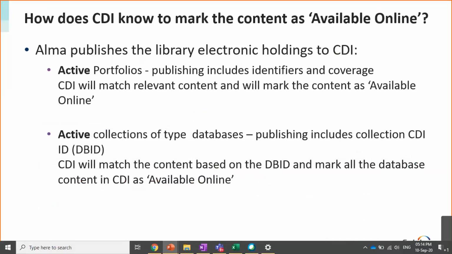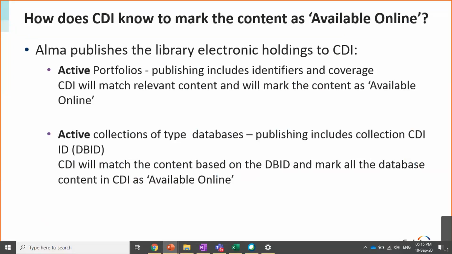So it will include all the active portfolios, including all of the relevant metadata information such as identifiers and the coverage for the journals and so forth, and it will send that information to CDI. Based on that information, CDI will try to match all of the articles to which you have access. It will take into account the coverage information, try to match based on the identifiers, and mark all these articles as available online.